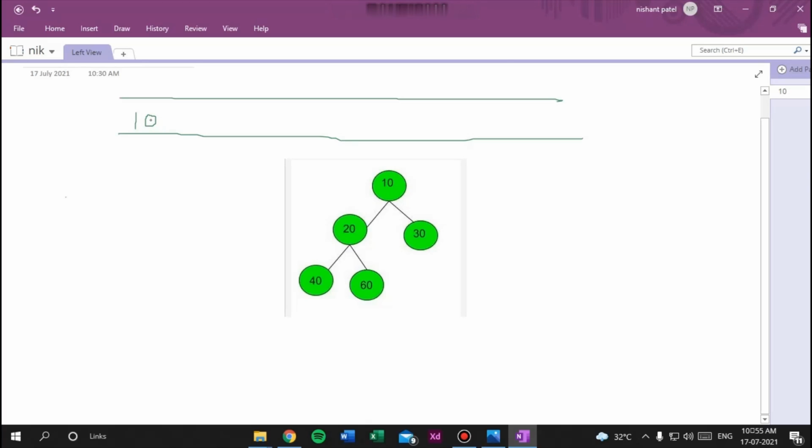Then we will remove it and add 10, 20 and 30, right? So it's easy to do level order traversal, but how can we check which level the current node is from? We can normally print the level order traversal, right? Exactly. But how can we ensure that this is a node of this level or that level? For this, we will make a minor change in the level order traversal code.